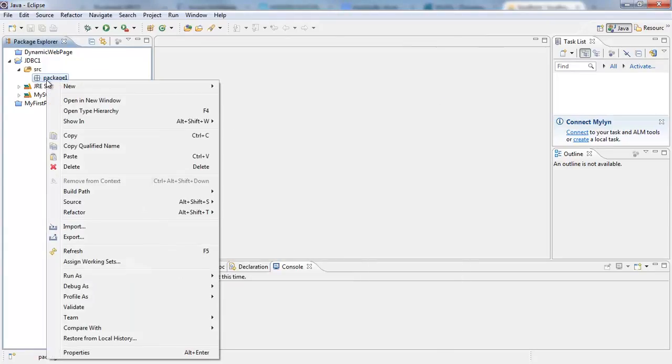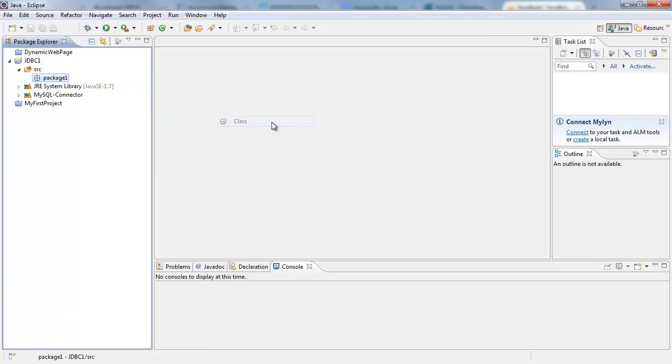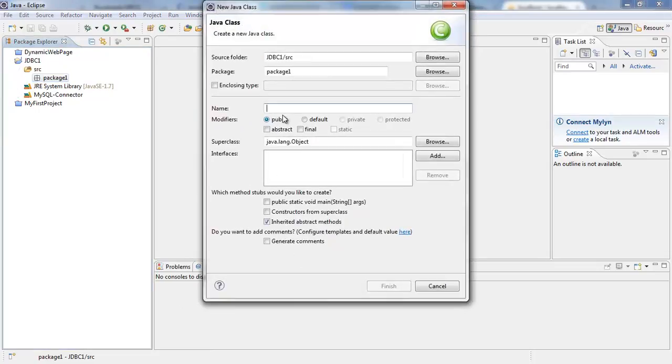I'm going to right click and say new class, and I'm going to call this class SalesRecord, because I want an instance of this class to represent a sales record from the database table sales record. Okay, I want a SalesRecord object to represent a row in the sales record table in the database. Hope you understand what I mean. So I'm going to click on finish,